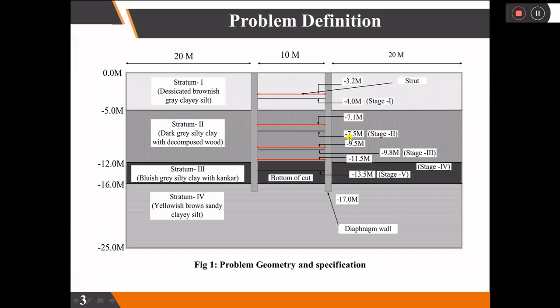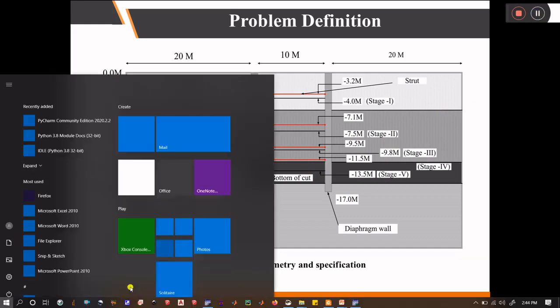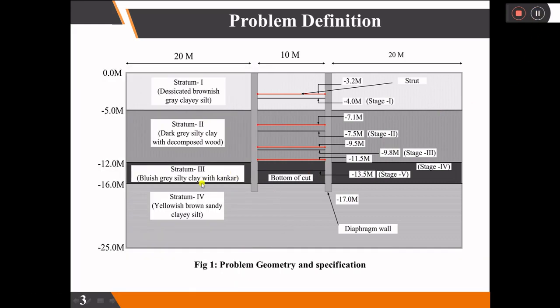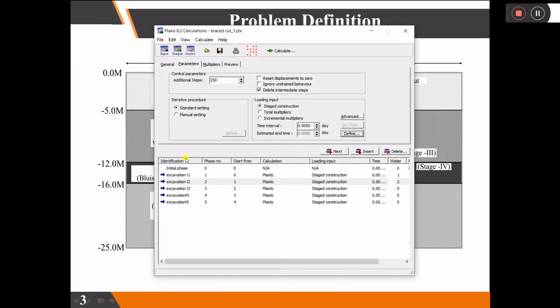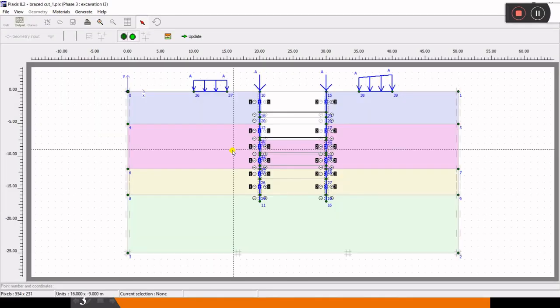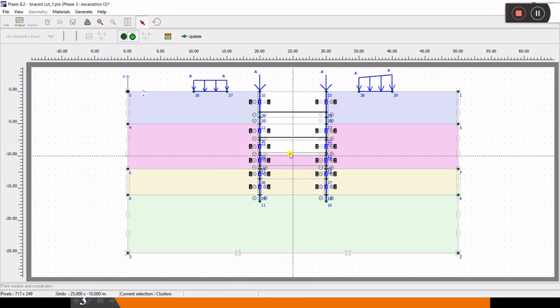So in the similar manner we'll do for stage 3 and stage 4 and stage 5. Let's go to Plaxis and let's do that quickly. Okay, here we are. So in this stage, excavation level 3, I'll go to define, and then I'll go for excavation up to next level, and I'll activate this.